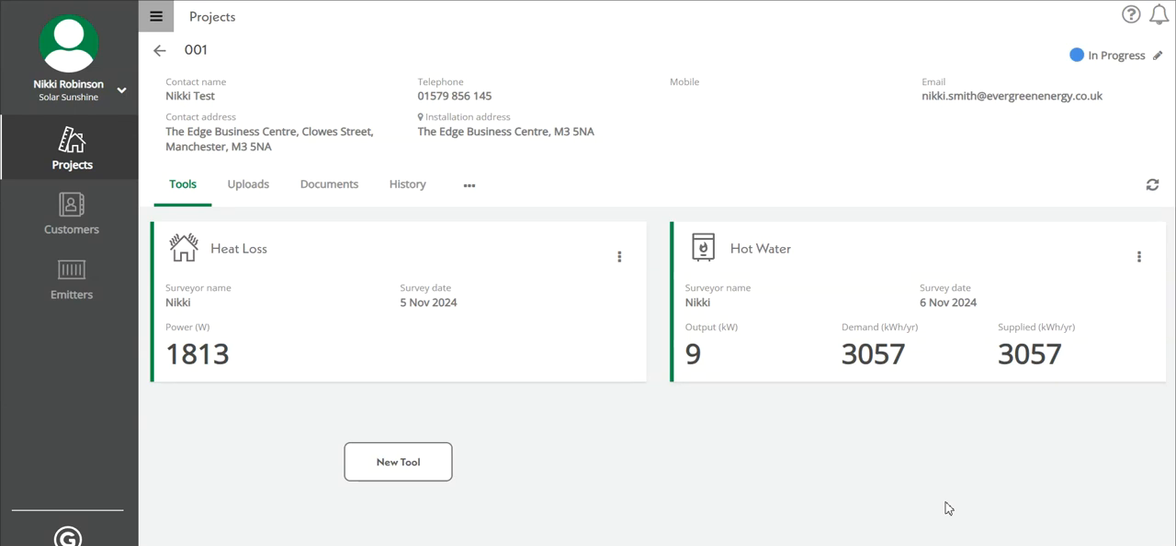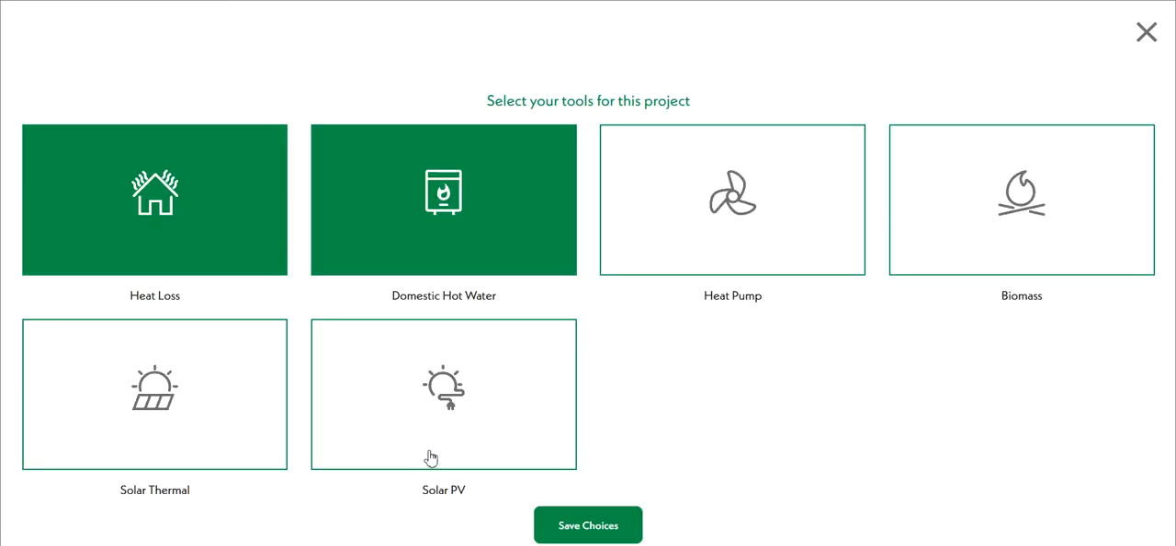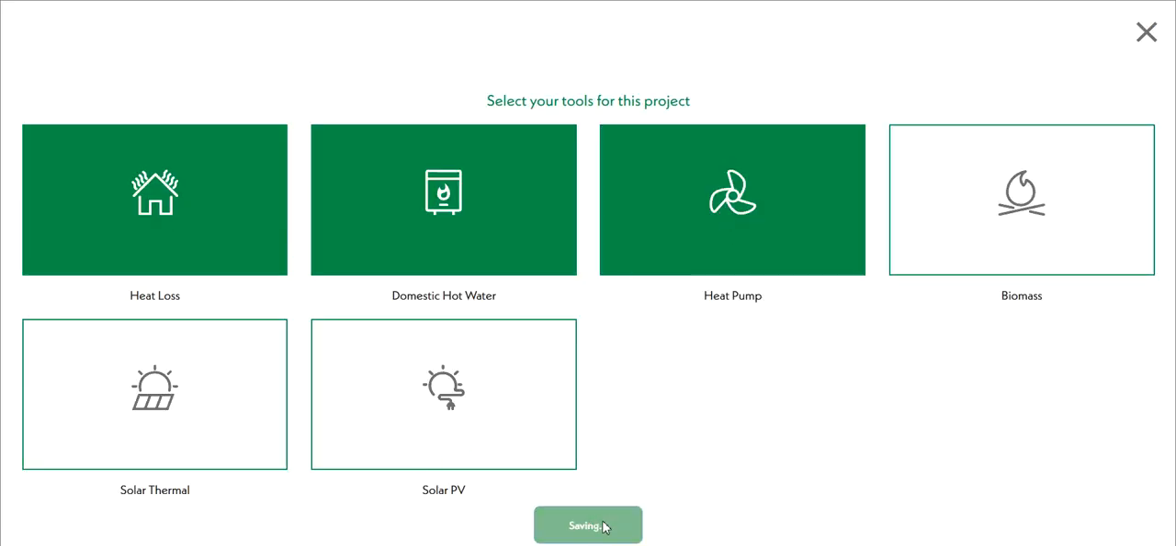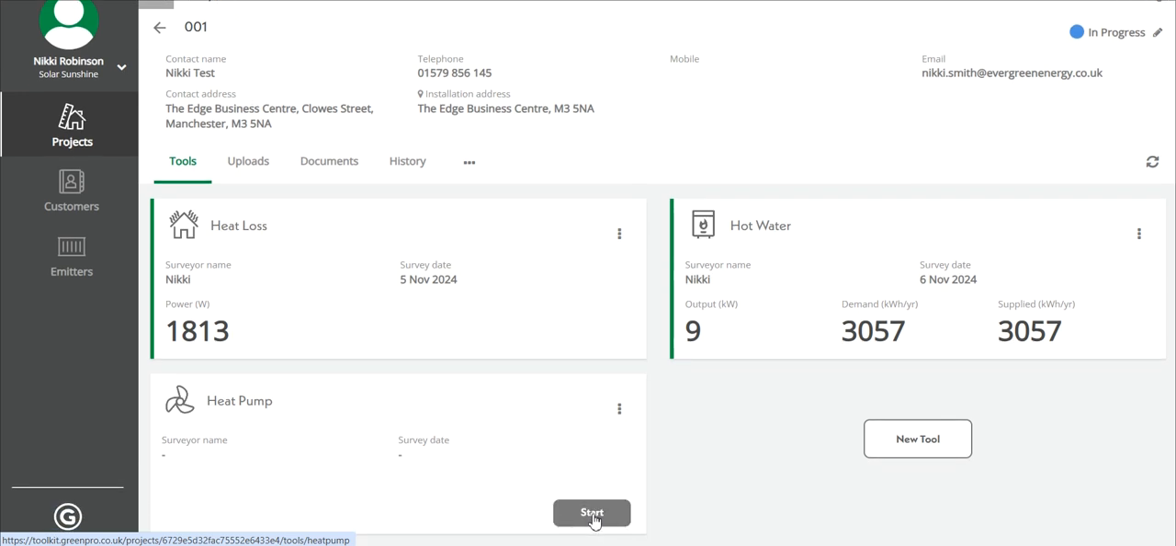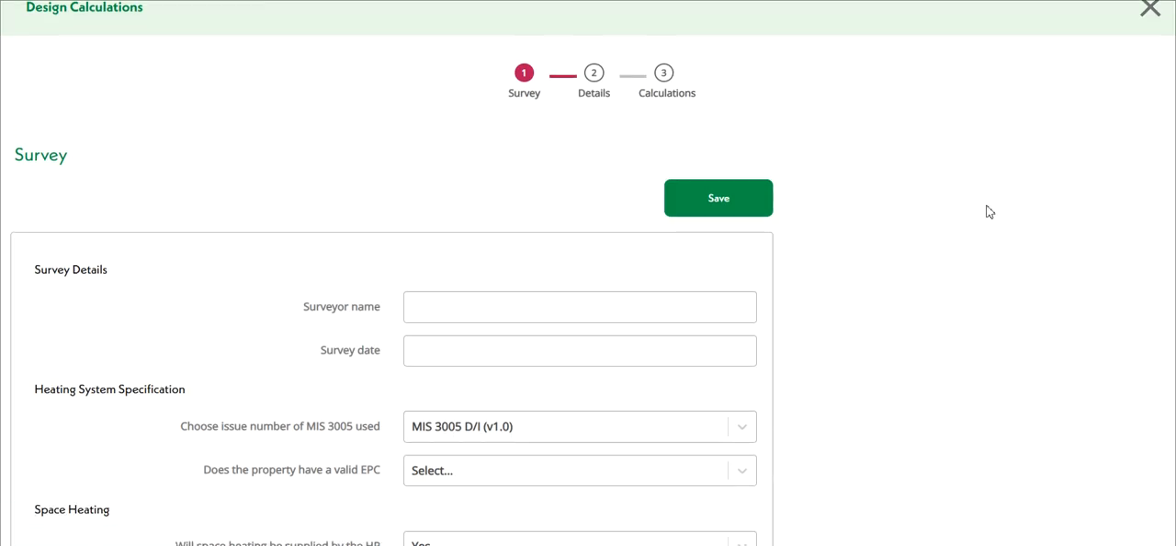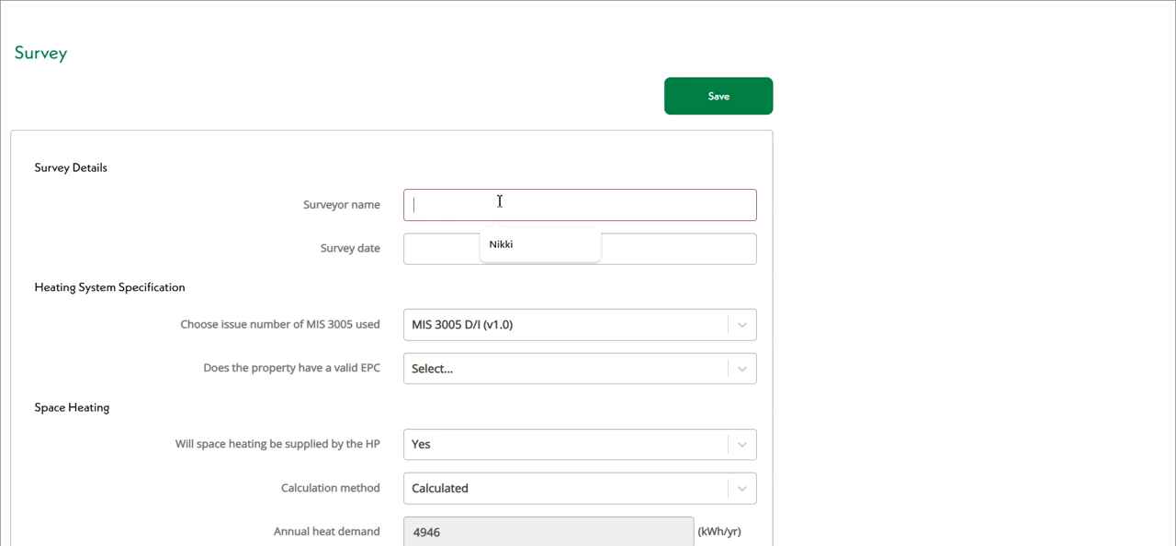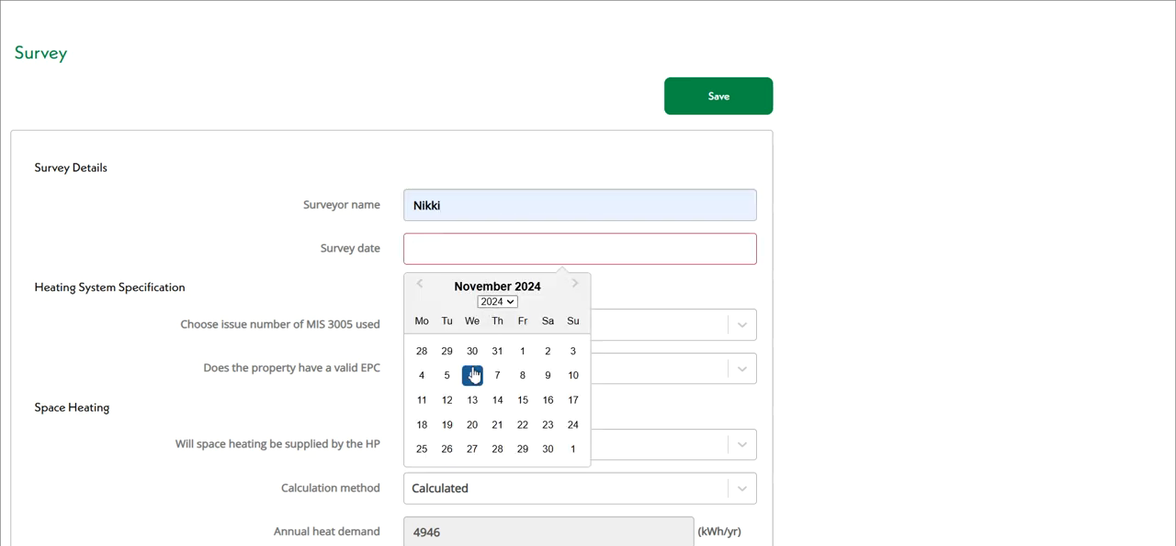In this video we're going to cover how to complete your heat pump design calculations and also your performance estimate on the Installer Toolkit. So if you don't have the tool on here when you start, just select New Tool, Heat Pump and Save, and if you click Start it'll take you into the calculator. So we just start with surveyor name and date at the top,